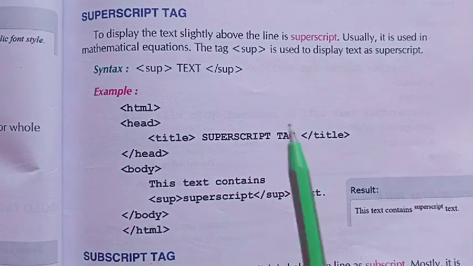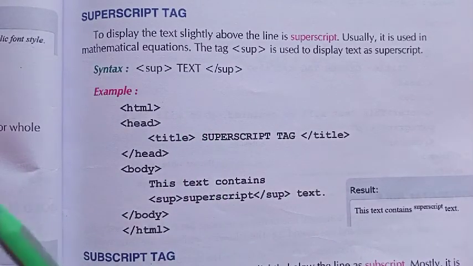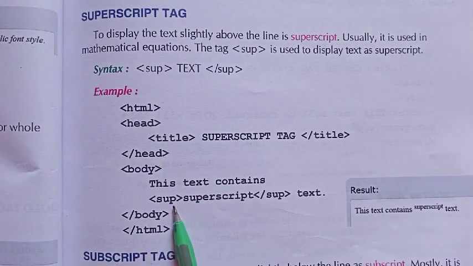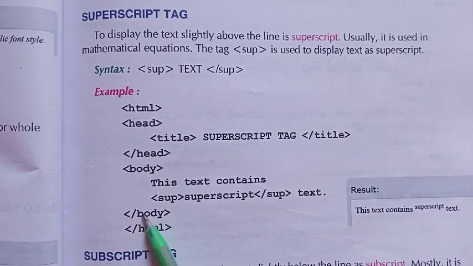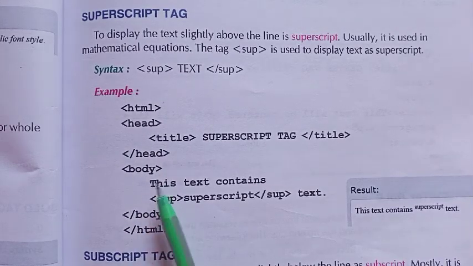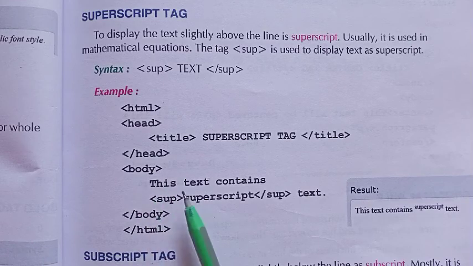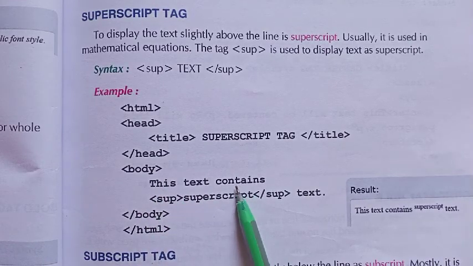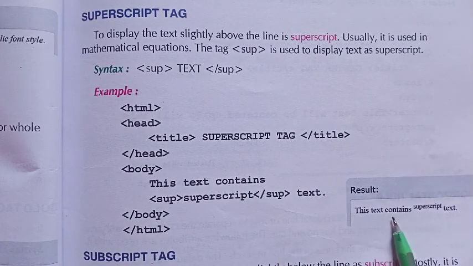Continuation of superscript. In the last video, I explained it through an example. Now you can see the same examples are given in your book also. Here we are going to see in the body. It's your choice whether you write the p tag or not. Here in the body it is written this text contains. This text contain is a usual text, so you can see the output this text contain appears as usual, and